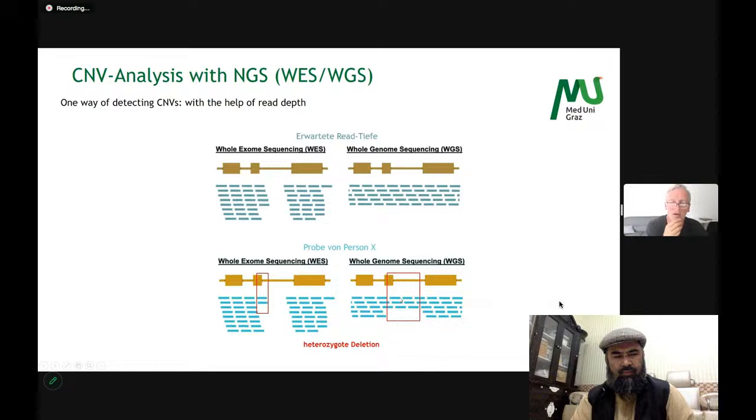We have now come to a status where we report deletions if the deletion spans two consecutive exons. We are able to find it precisely. And additionally, we look closer at exons. If we see deletions in only one exon in a gene, which is very likely for a special phenotype, then we also validate this deletion, or presumable deletion, with real-time PCR to verify or falsify the initial finding. So that's how we proceed